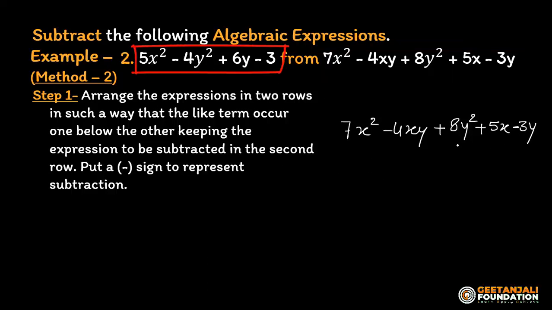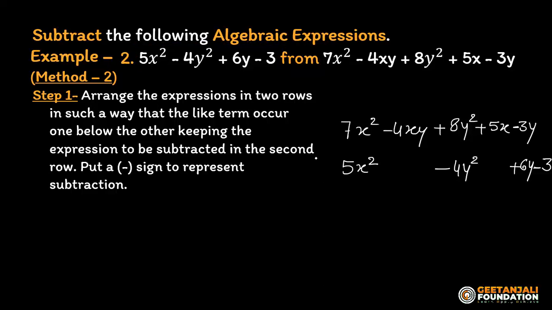I'll write this below the first expression, keeping in mind that like terms should come one below another. So 5x squared will come below 7x squared. So I'll write 5x squared. And minus 4y squared, it will go here. Whatever term you take, take it along with its sign. Now plus 6y, so I'll write plus 6y over here. Now minus 3, there is no matching term, so I'm writing minus 3 over here. As we have to subtract, I'll put a negative sign before it just to represent that I'm going to subtract